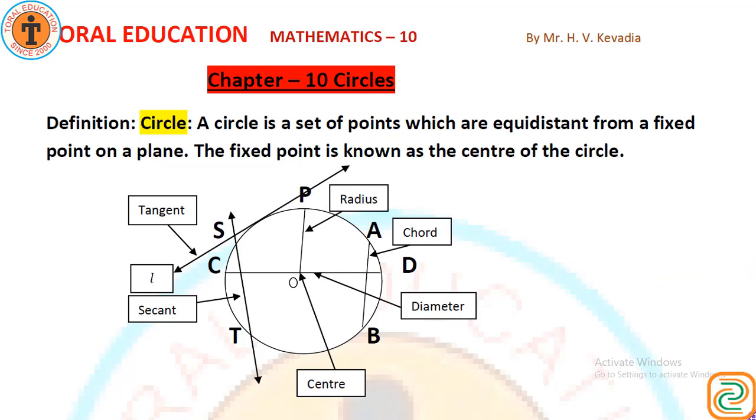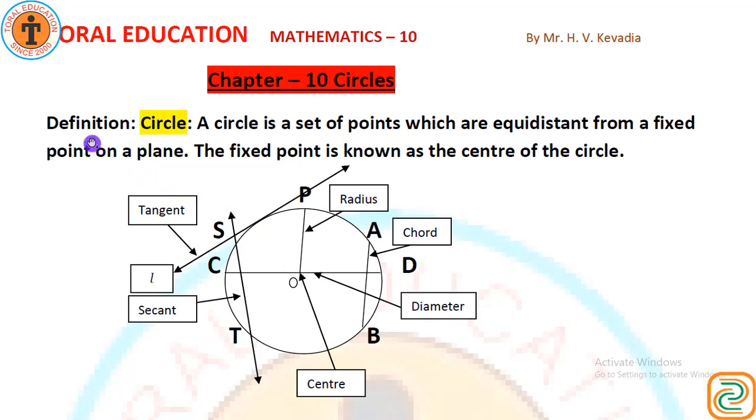We are going to learn now some definitions in the circle. Look at the figure given below. Friends, there are different types of parts of the circle. Some of them are taken here. So first of all, center of the circle, then diameter of the circle, then chord, radius, tangent, secant. These are some parts I have given to you in the circle.